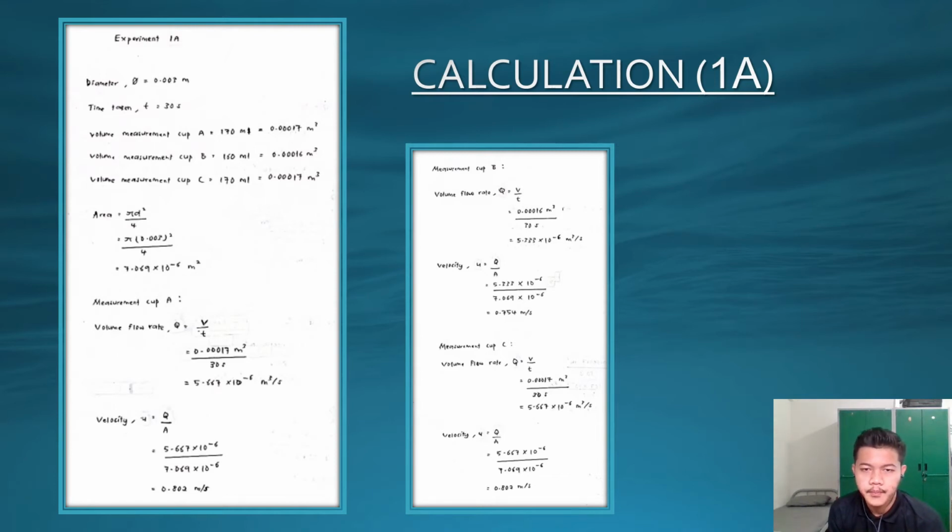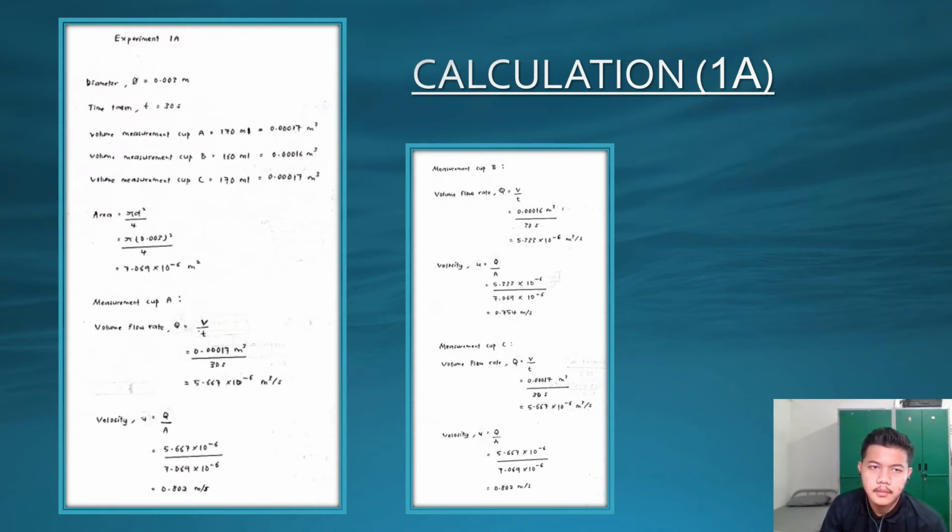0.802 meter per second. Flow rate for cup B is 5.333 times 10 power of negative 6 m cube over second. The velocity for cup B is 0.754 meter per second. Flow rate for cup C is 5.667 times 10 power of negative 6 m cube over second. The velocity for cup C is